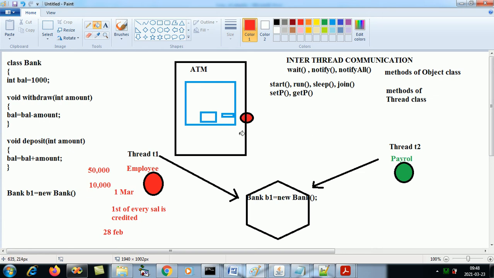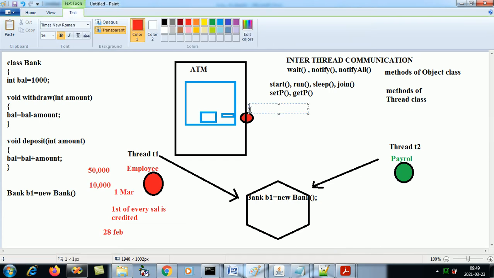What happened? Hasn't the salary been credited for this month? The payroll person says just wait for 2 minutes, I was just about to send the instruction to the bank, and you have called me in between. Within 2 minutes you should get a notification from your bank that salary is credited. Now in what mode is this person currently? Waiting stage, and he will keep on waiting till he gets a notification from the bank.